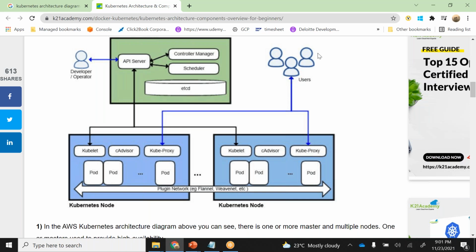Then if some external user directly wants to come to the pod, they will come via kube proxy. They don't want to follow this channel, but they directly want to come to the pod, so they will use kube proxy. Okay, so to summarize everything,